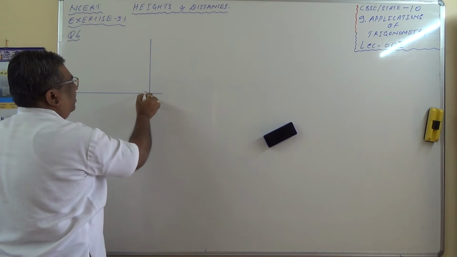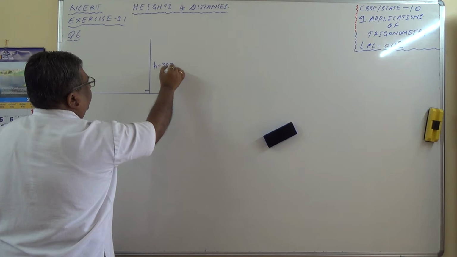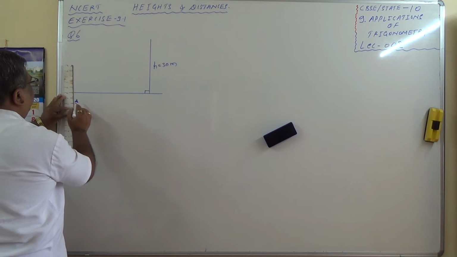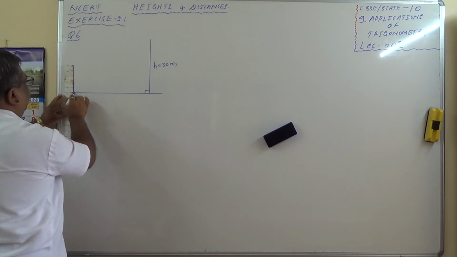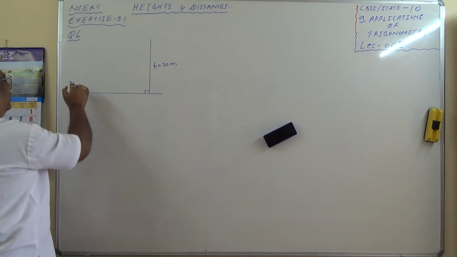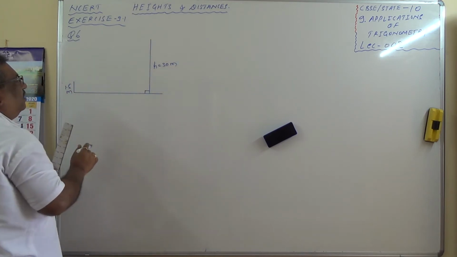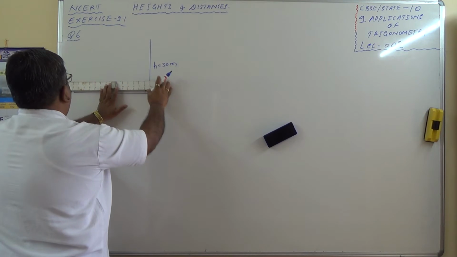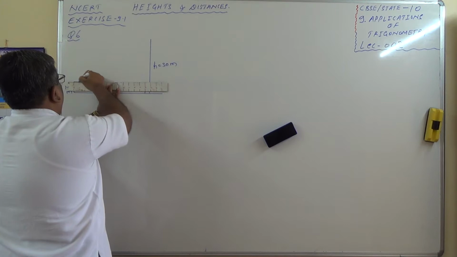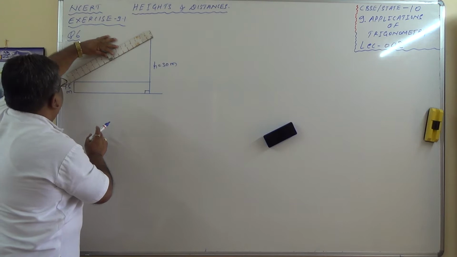Here, this is the building, and height of the building equals 30 meter, and there is a boy here who is standing at this point. His height is 1.5 meter, and the angle of elevation of the top of the building from his eyes over here to here, in order to do that, let me draw a horizontal first. A horizontal, and the angle of elevation is 30 degrees.